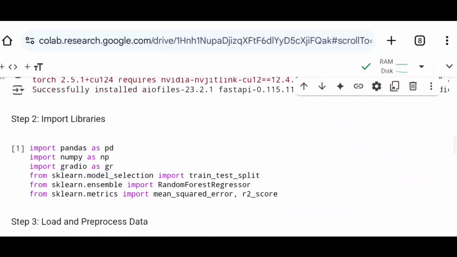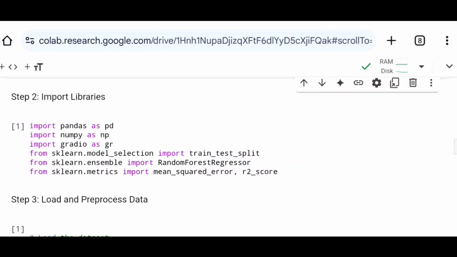Now quickly move on to the next step, which is importing the important libraries. So here I used to import pandas as pd for data ingestion as well as manipulation, NumPy as np for mathematical computation, Gradio as gr for creating the user interface. From